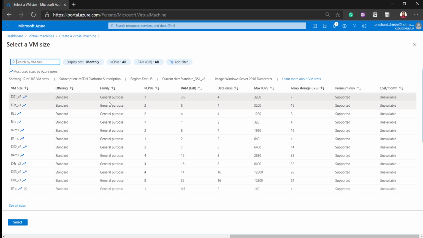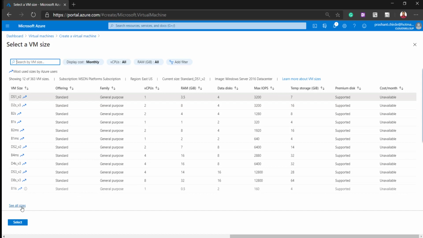Then the family, whether it is general purpose, memory optimized or CPU optimized. Then how many vCPUs you will get with this particular size, and the RAM along with the disk type and the IOPS, the temporary storage disk size, and whether this particular size supports premium disk or not. You will get all these details here.